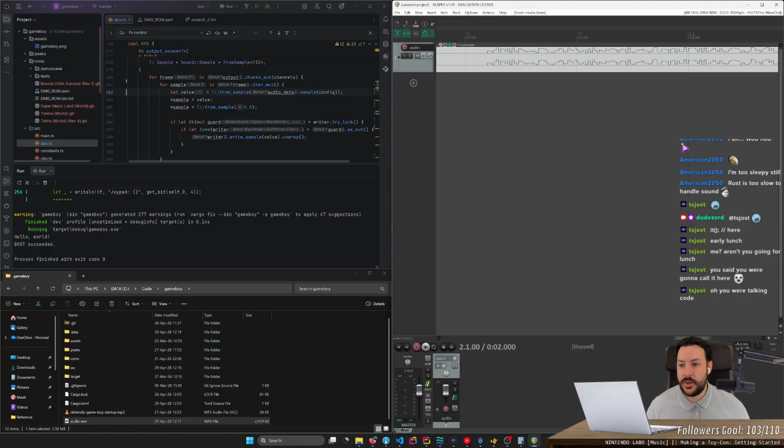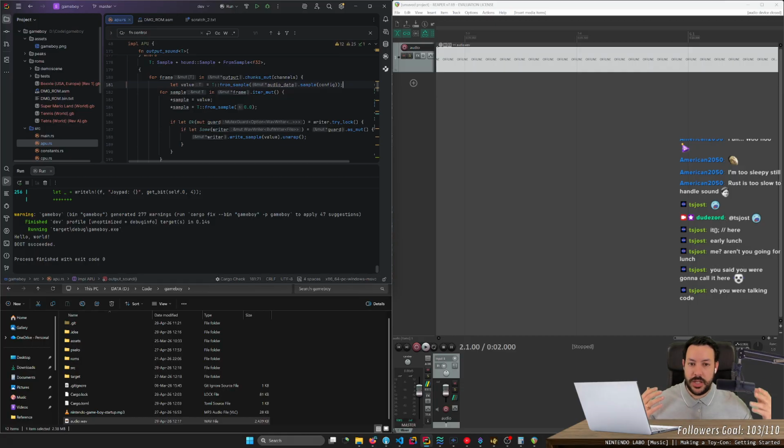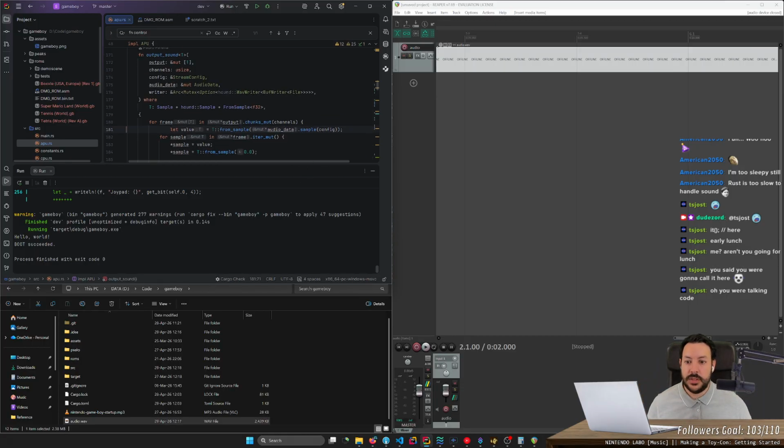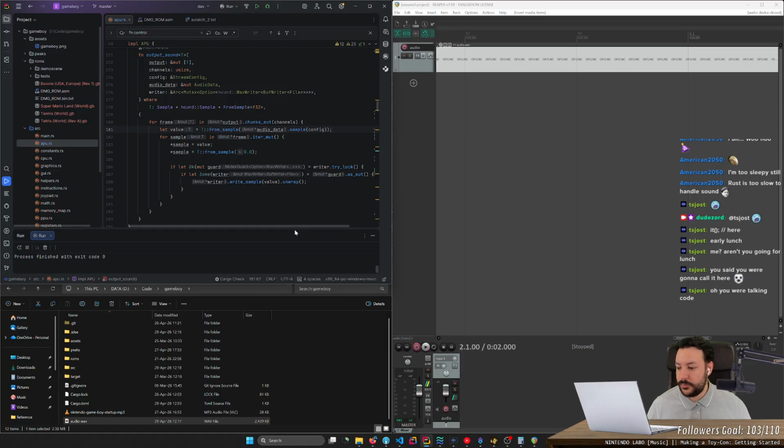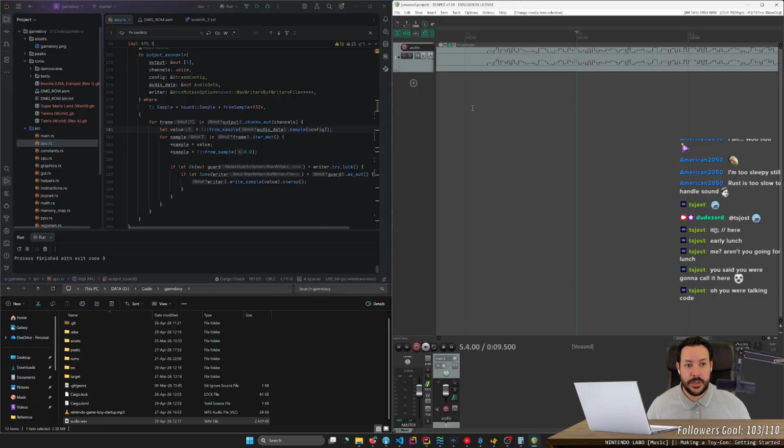So I actually thought that this would be getting the updated sample. Okay, so my theory is, I think this is running multi-threaded, you know? I need to call it on this line here. Apparently not. Apparently that's not the reason.